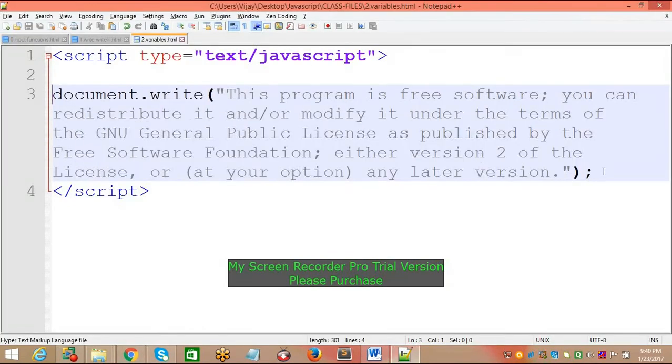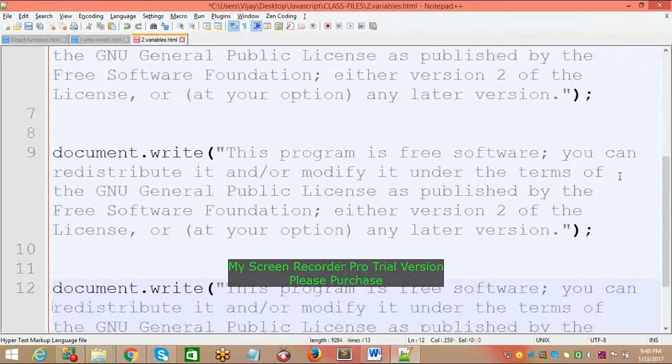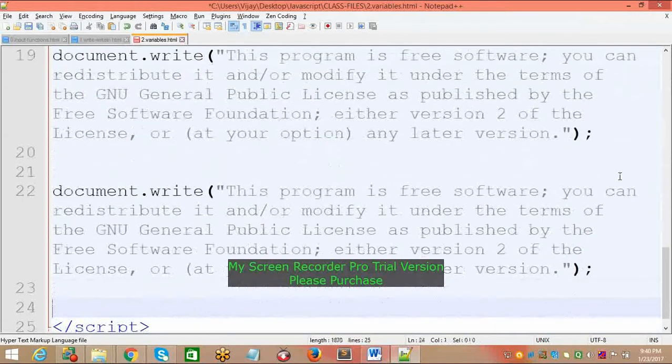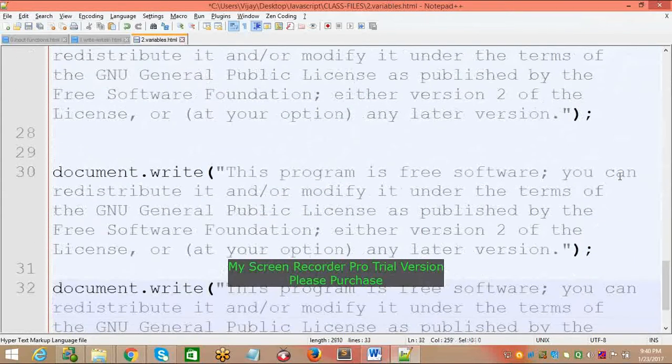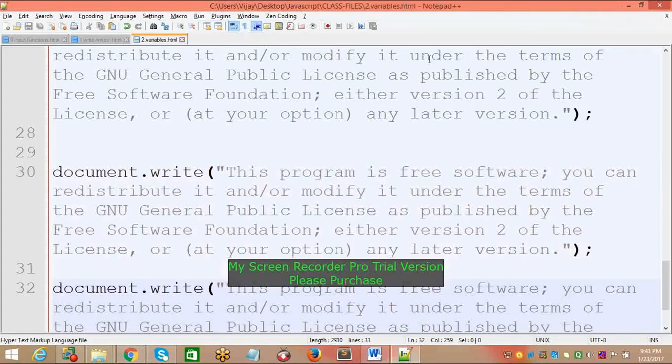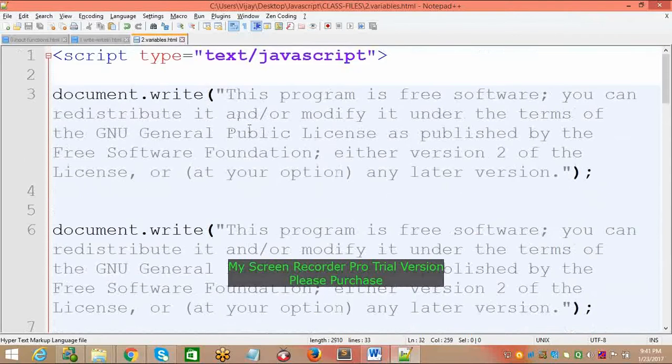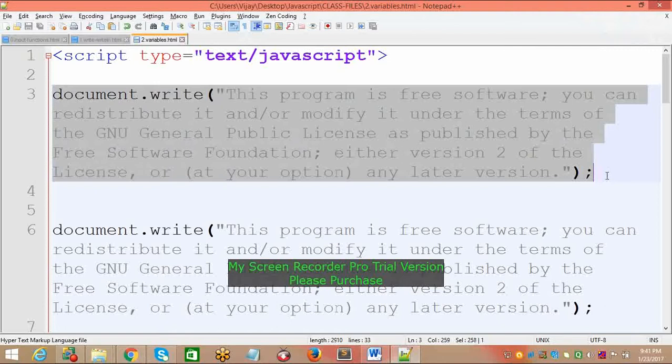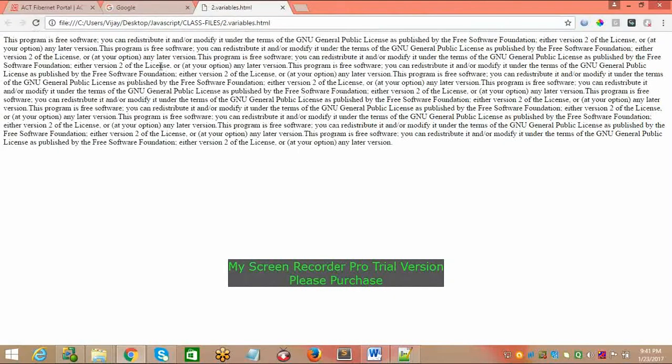The same result statement I want to print multiple times. So I repeat the same statements and same information, just by using copy and paste. According to our requirement, I want to show large information, so I repeat the same information multiple times in our example. From this example, whatever result you are expecting, we can see the same result here.